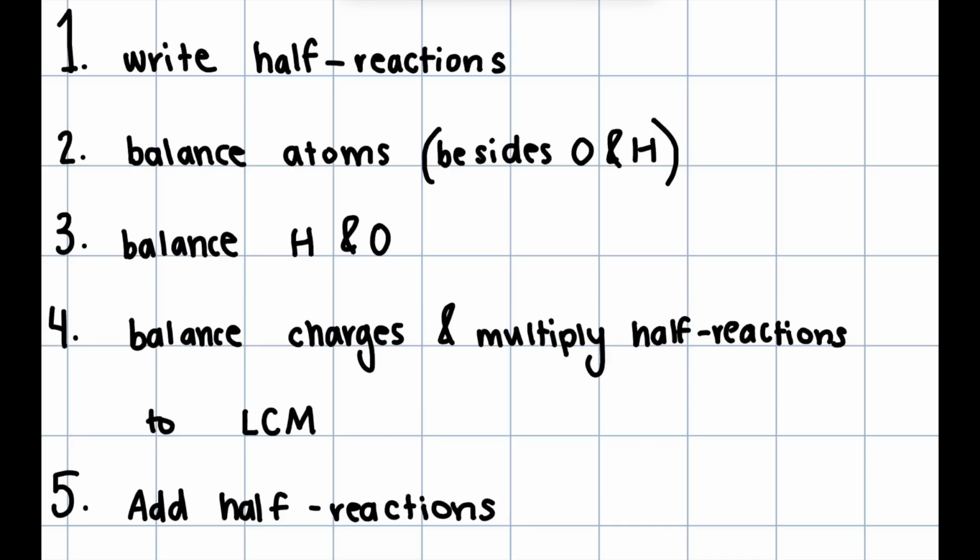First, we need to write out the half reactions and determine what is being oxidized and what is being reduced. Then we need to balance all atoms besides hydrogen and oxygen. Once the rest of the atoms are balanced, then we balance the hydrogen and oxygen, and we are doing this since we're in acidic conditions. After that, we balance the charge in each half reaction by adding electrons, and then we multiply those half reactions so that the number of electrons are the same in each equation. Usually, this is the least common multiple between the two numbers. Finally, we add the half reactions and cancel any terms that may appear on both sides to get the final